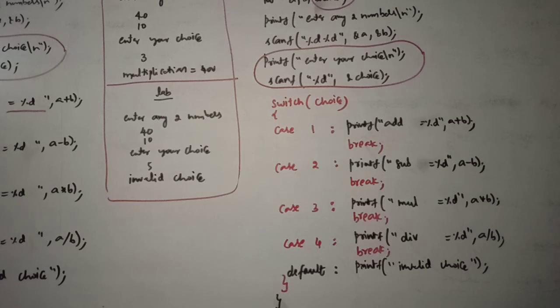One more important thing, I didn't use \n in any of the printfs in program number 2 or 3. In program number 1 there are 4 printf statements, and I want the output in the next line. After addition, next line, and next line, and next line. Look at the 4th printf statement in program number 1. There is no \n, as we don't have any statement after that. There is no need of giving any \n. Whereas in program number 2 and 3, only one printf will be executed. So try to observe these type of things also.